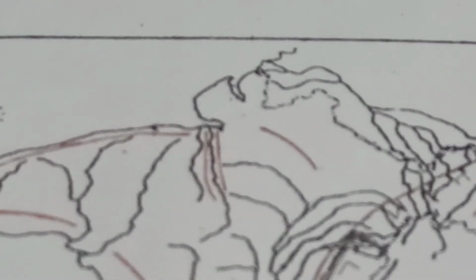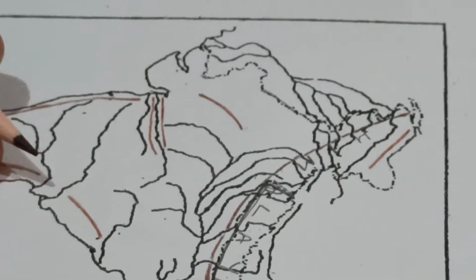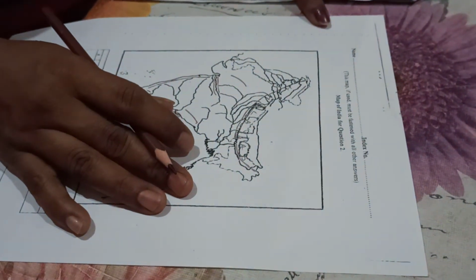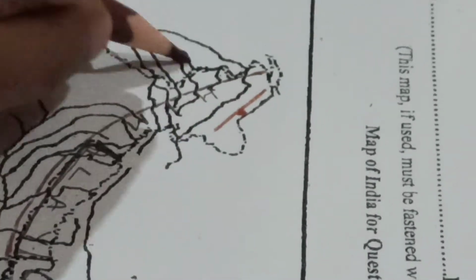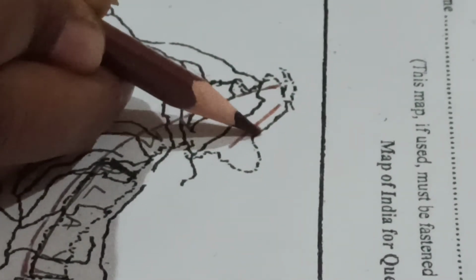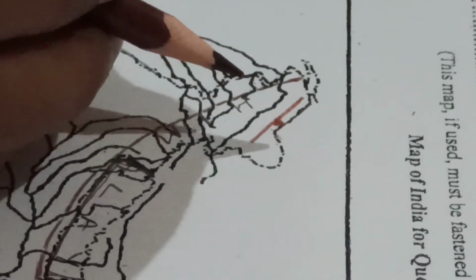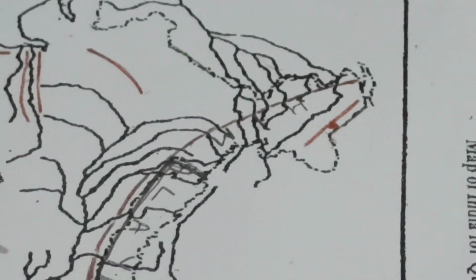Then we have Mount Godwin Austen. So these are your ranges. Now Mount would be a peak. So that is your K2. Now K2 you will mark like a small triangle here. This is your K2, a triangle. That triangle is just a little bit above than this bend over here. A little bit above. That is K2 or Mount Godwin Austen. So this is your mountains.